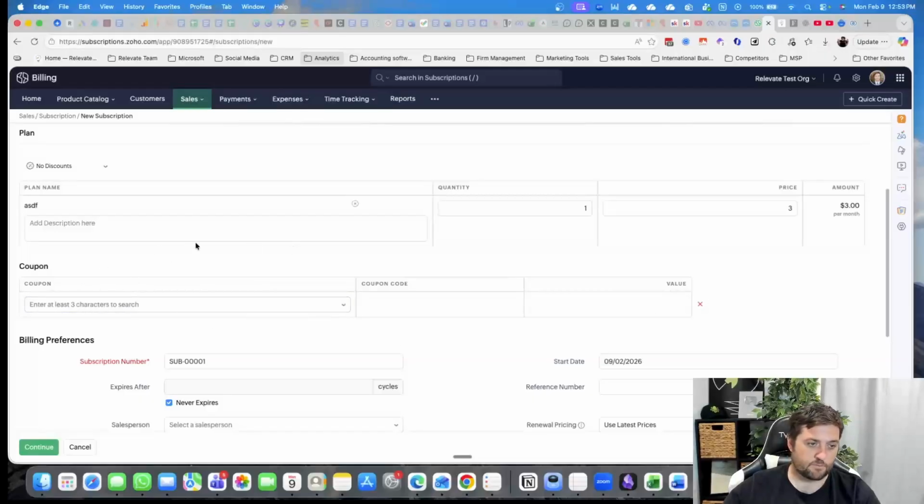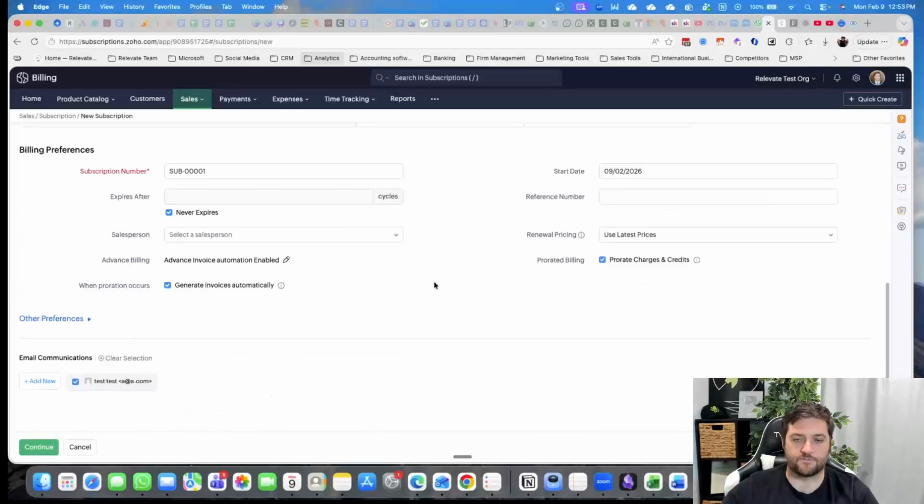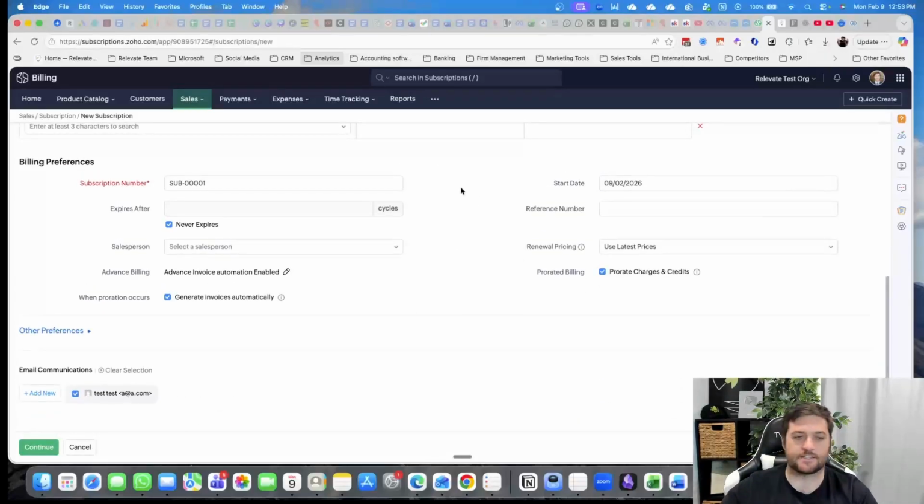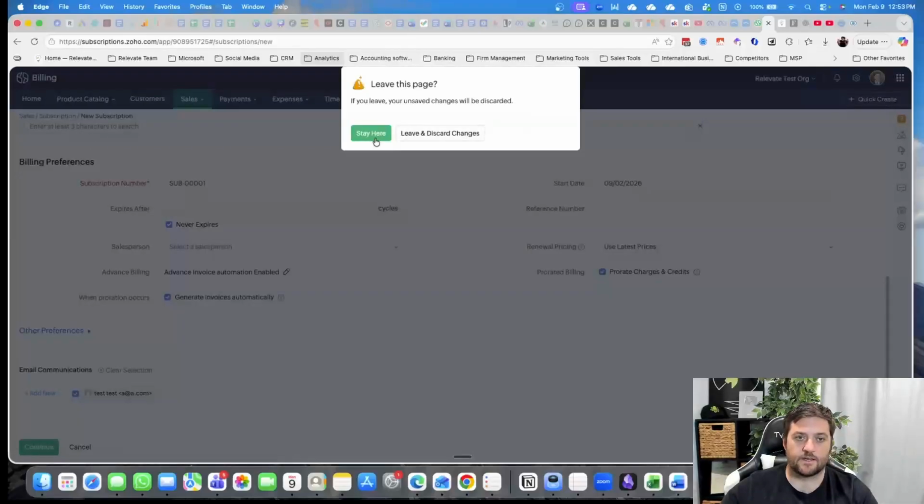You also have the ability to put in coupons. I do find it useful to have the start date. Sometimes people want to start it as of the 1st of the month or the 15th or something like that. And then maybe they're on a 3-month subscription or a 12-month, and you can update the cycles here. So where the other section was, when you had this product catalog and you have plans,